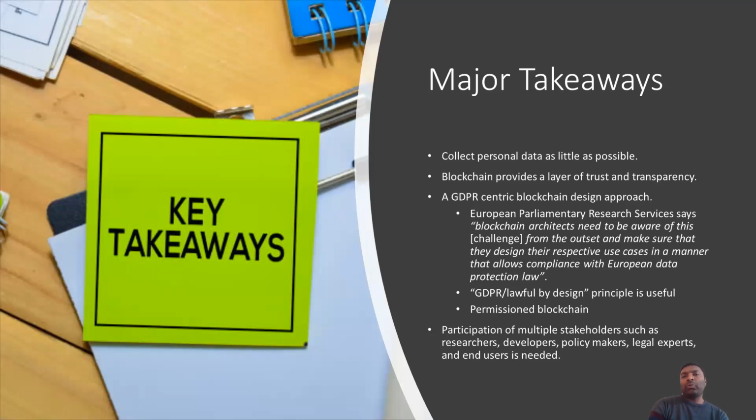Then we also think that a GDPR-centric blockchain system design approach needs to be adopted. And this is also echoed by the European Parliamentary Research Service, which says that blockchain architects need to be aware of different challenges from the outset